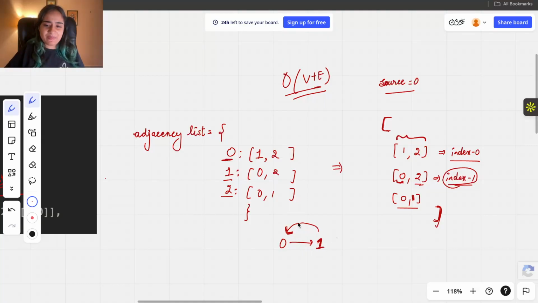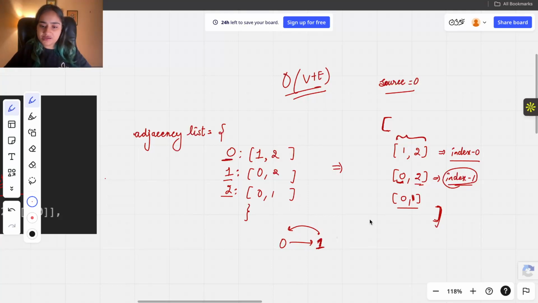Am I not going back, and then 0 will take me back to 1, and then 1 will take me back to 0? That just keeps on happening, right? So do you see something is missing? I reached from 0 to 1. Now I cannot go back from 1 to 0. That's a problem, because otherwise I'll keep wandering around from 0 to 1, right?